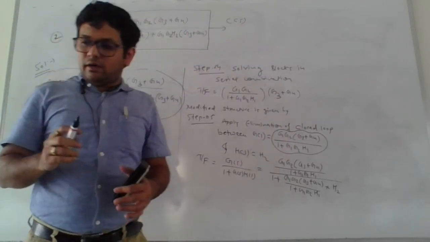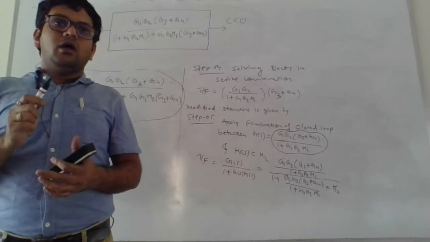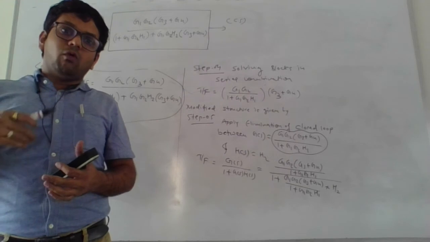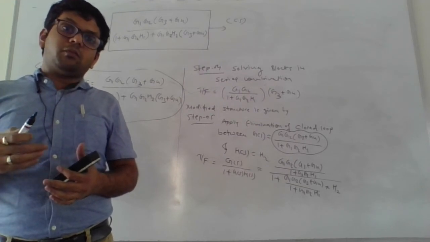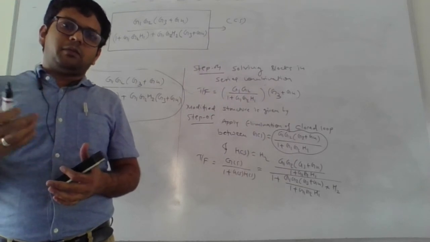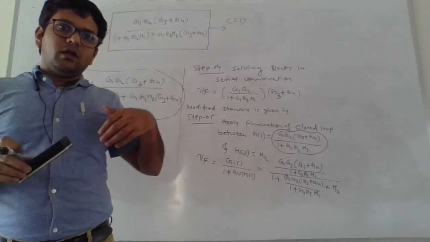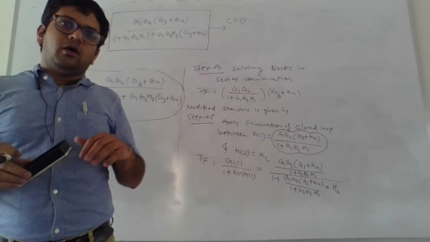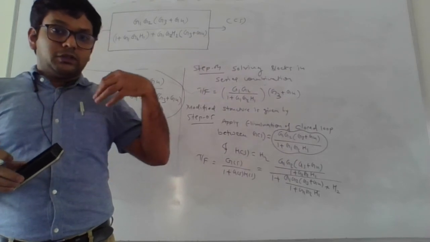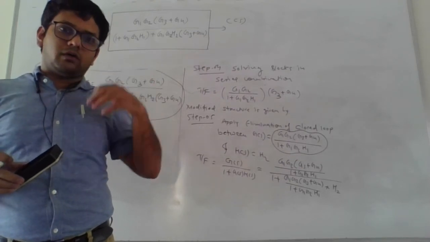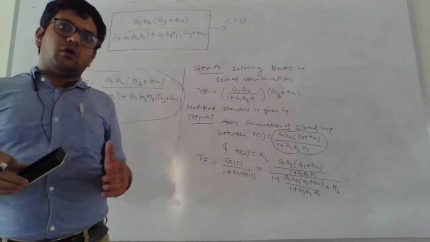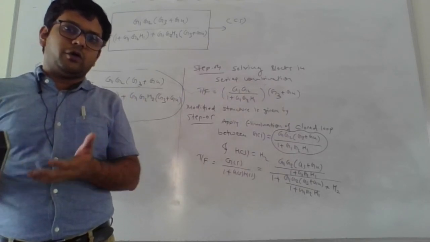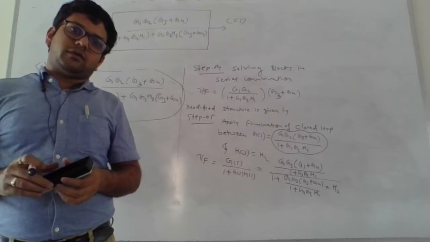So in this way we can have the flexibility to solve numerical on block diagram reduction technique. In the next lecture we are going to solve some more numerical on BDRT, where we need to apply rule number 5, 6, 7, 8. That means how to shift the position of your summing point after a block or before a block, and in the same way we are going to shift the position of the takeoff point before a block or after a block, in order to obtain the modified version of the given control system, and finally we are going to obtain the overall transfer function.